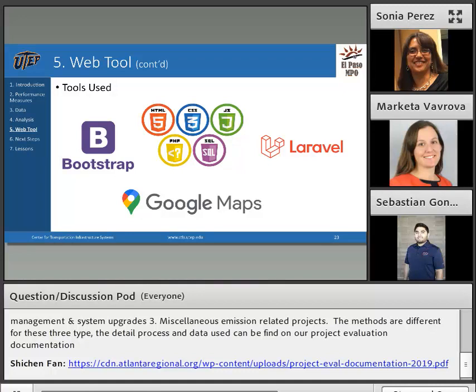And so this is pretty much the tools that we use. We also use some different tools for the charts and some others for other different modules, but these are the main ones that comprise the tool.